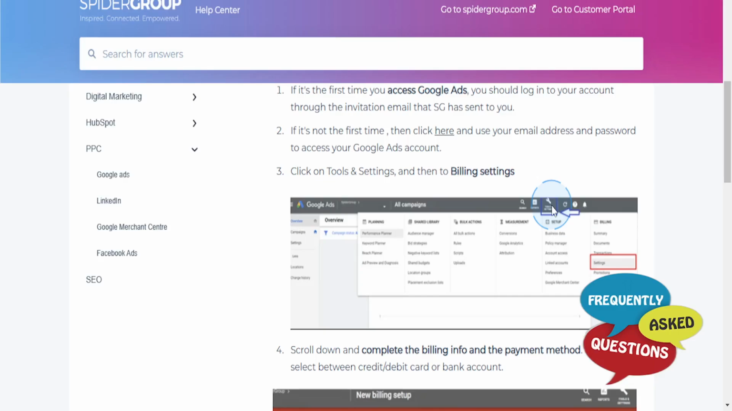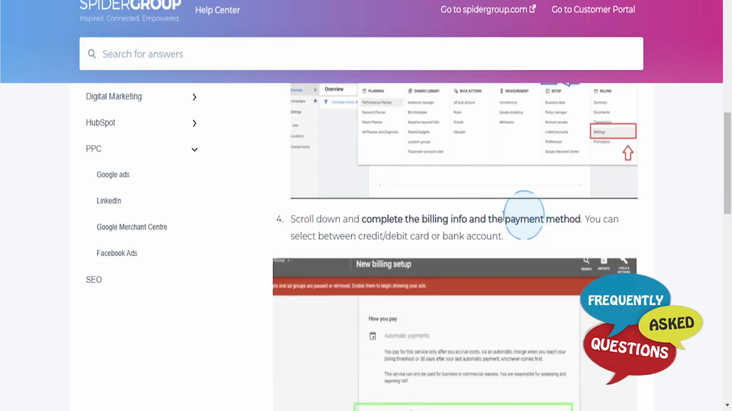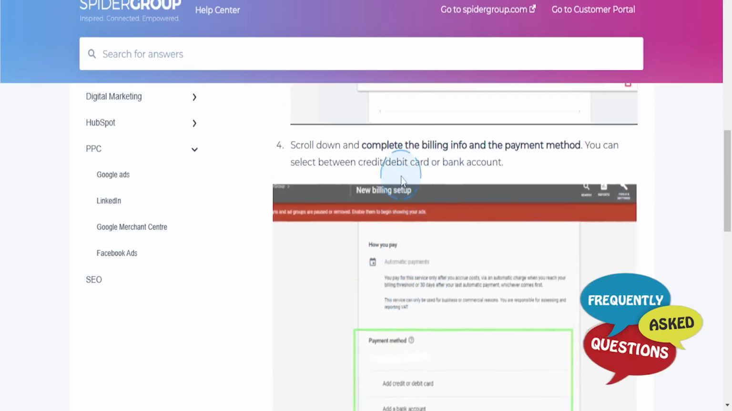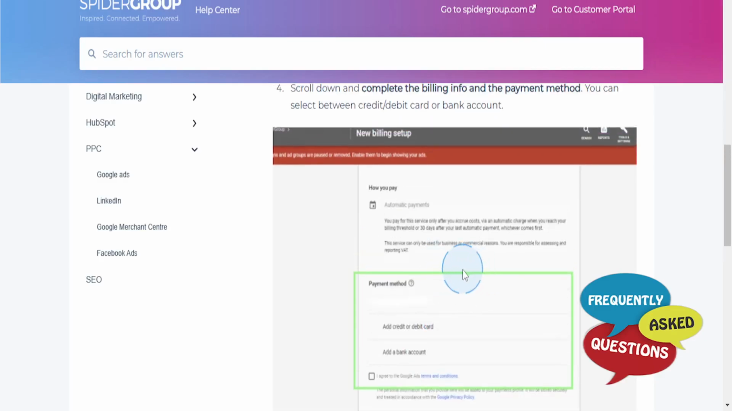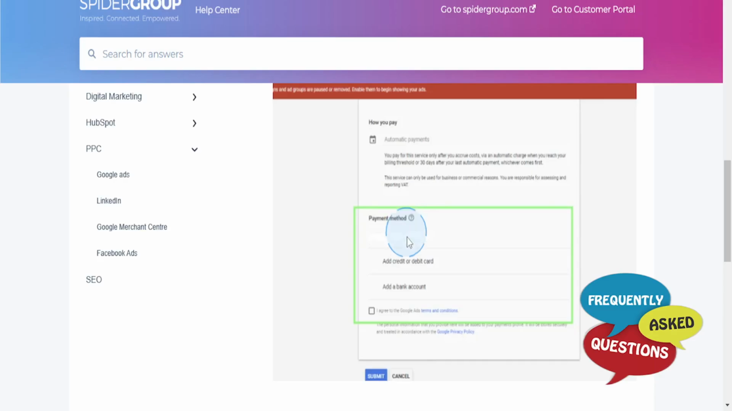Come here, click on the settings and tools, click on settings, and then you basically go to the billing section, and then you need to complete your billing info and payment method. So you come here under payment method, and then you add either a credit or debit card or a bank